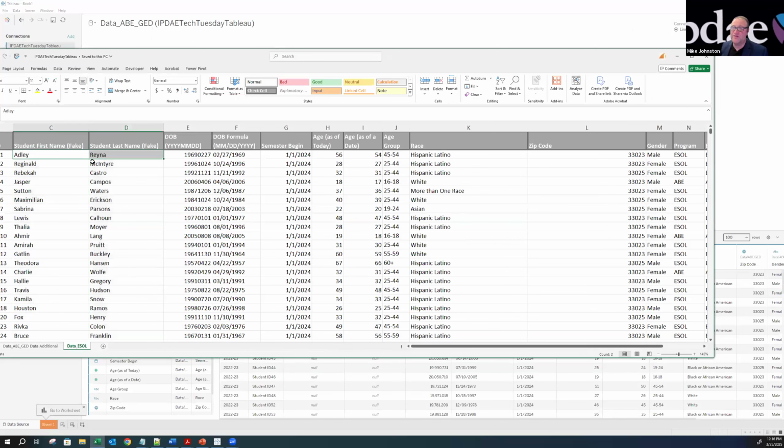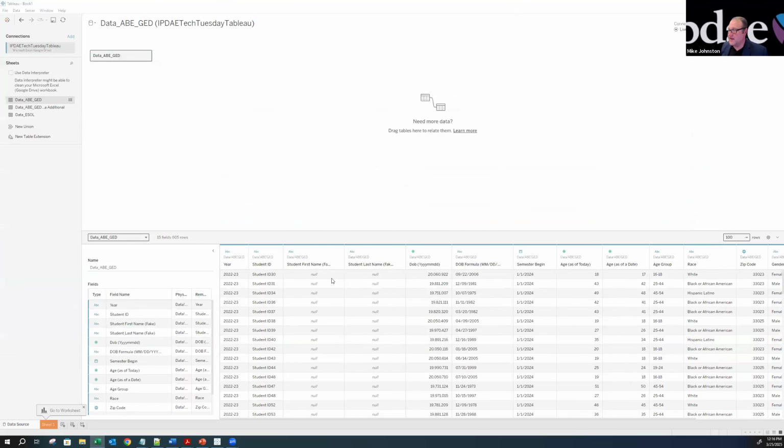So for me, I just have a habit of deleting the data within the cells, and I keep the format the same. For us to have these nulls that are populating, null means that there's just no data. Tableau has recognized this data is empty and nothing else exists. It just says that it's null, that there's nothing here.